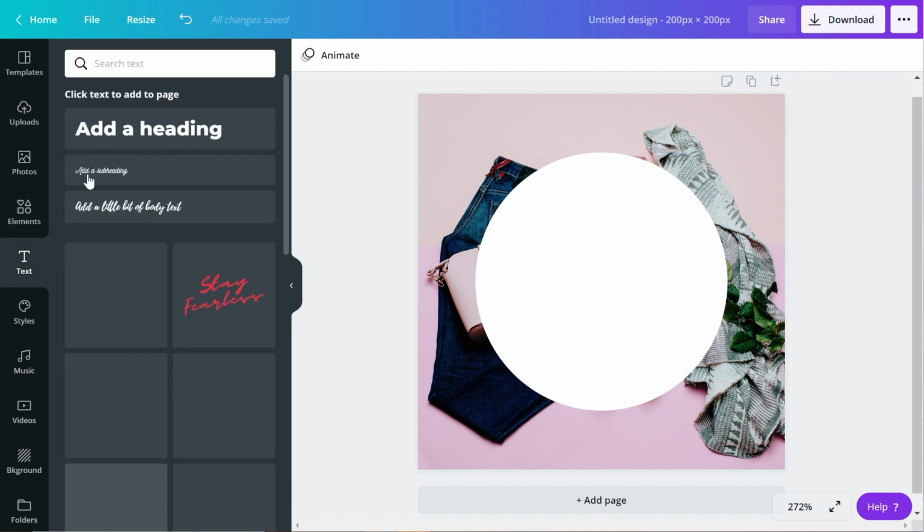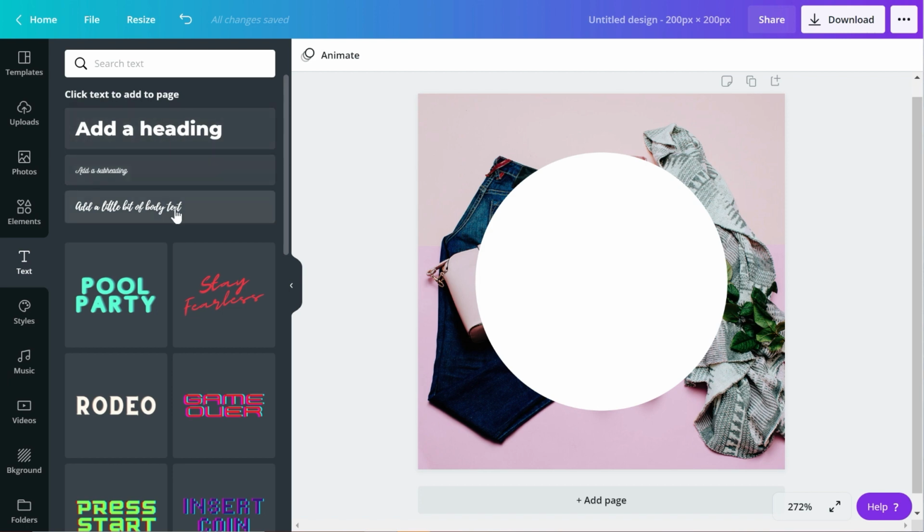So we are going to go to text right here, and these are the 3 texts that I always use. You may or may not have them. Because I have the pro version, I'm allowed to save a couple different texts for quick and easy use. So if you have the free version, you don't have this set up, you might have to search for a text. But just go ahead and pick whichever one you want.